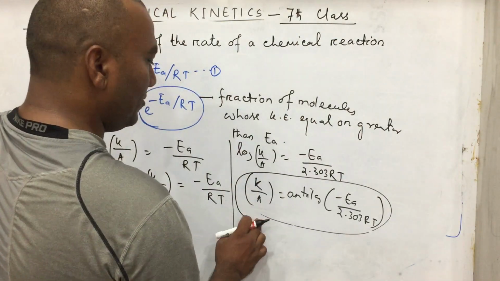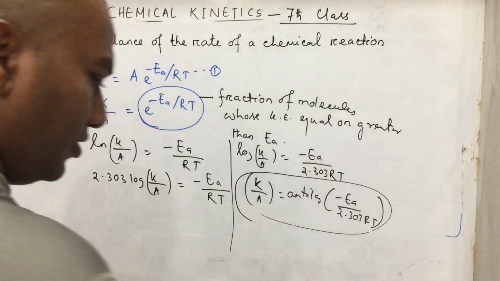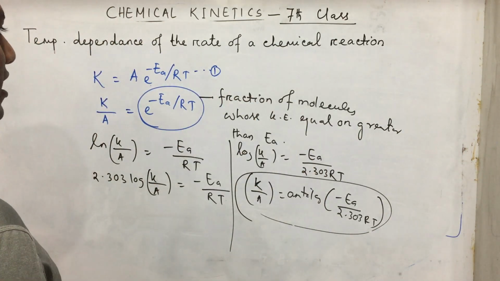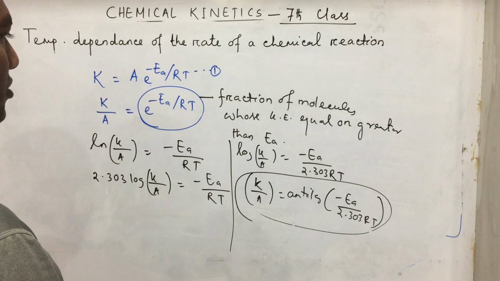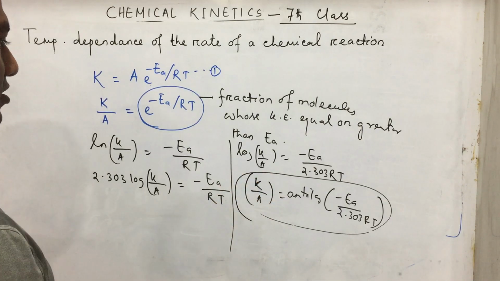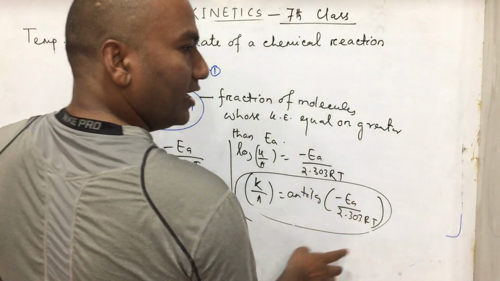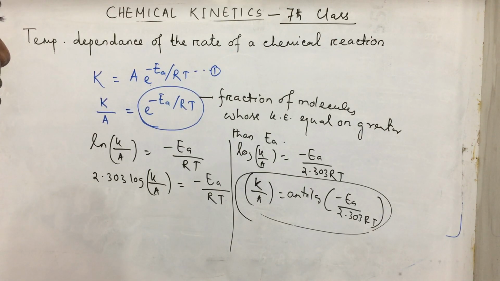Then we get k by A, and you see this k by A mathematically equals e to the power minus Ea by RT. So this is called the fraction of molecules whose kinetic energy is equal to or greater than activation energy. Okay, clear now? So these are the mathematical parts, and from this part you thoroughly practice this expression, equation, graph, then we'll come to numericals. And you see numericals are very easy because direct data will be put here and we'll get the answer. The only part is how to calculate log and antilog, and you know this part. Okay, thank you.